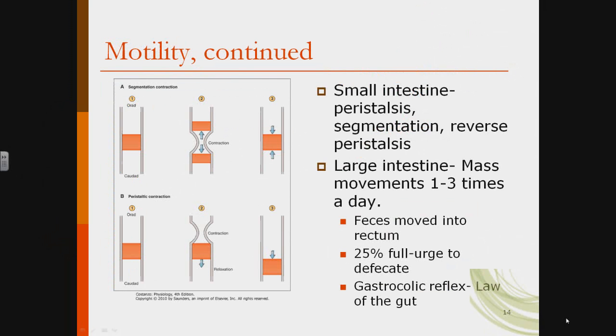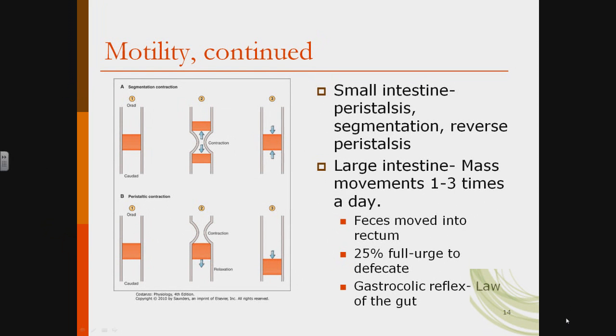As we continue with the types of motility, we're going to go now into the small intestine. And as I corrected myself earlier, in picture A, it's showing segmentation, which means there are local areas where there's contraction and then relaxation. Contraction and relaxation. It's a lot like kneading bread dough before you put it actually in the baking pan. So that's called segmentation. But the small intestine is still capable of peristalsis, which is shown in picture B, where of course behind the bolus of food or chyme there's a contractile ring, and ahead of it is receptive relaxation.